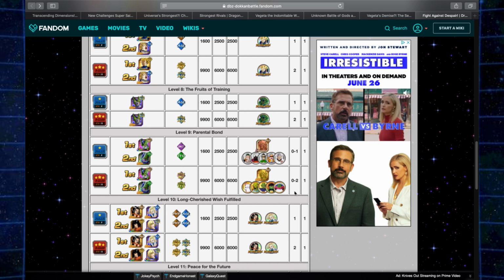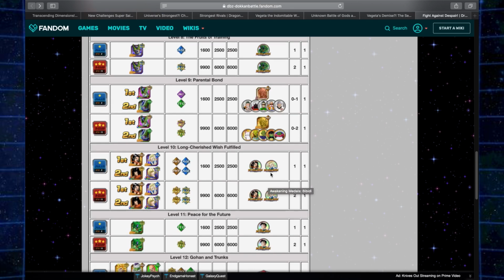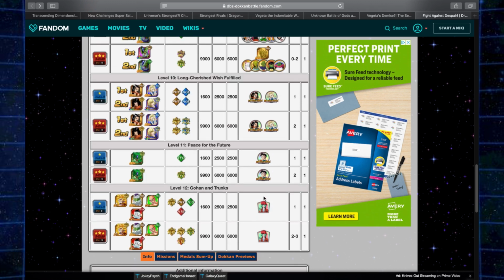There's other missions that have the boost in it, so if you activate the boost, by the end you'll get like 2 silver, 3 bronze, and maybe 1 gold or something like that. So obviously if you do that over and over again, you're gonna get a lot of Zenny. And Bulma,